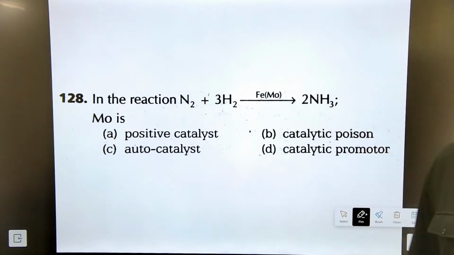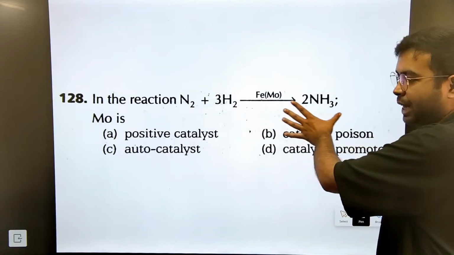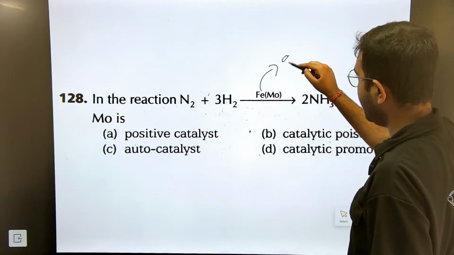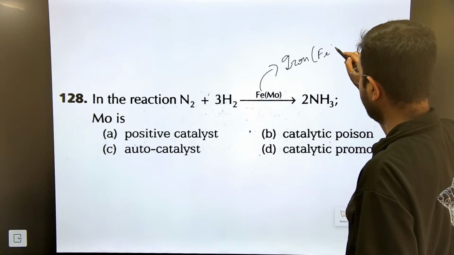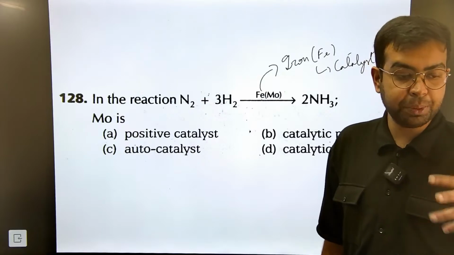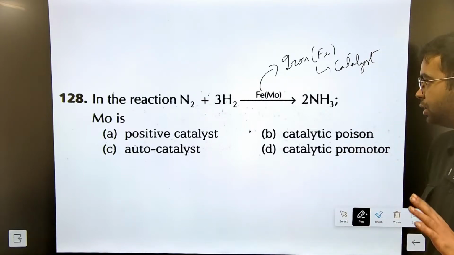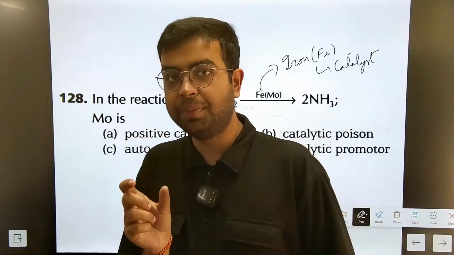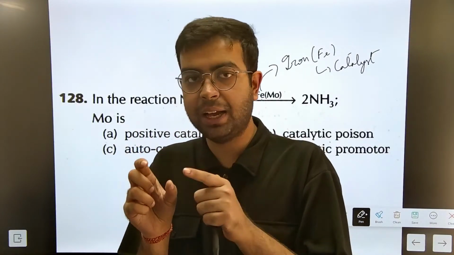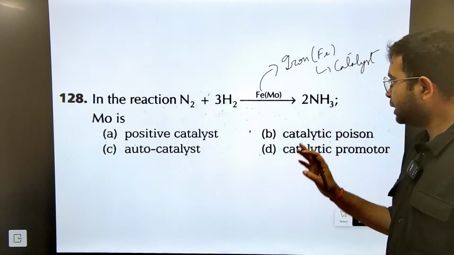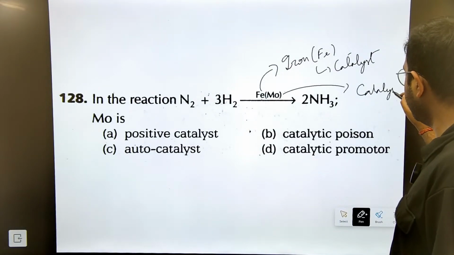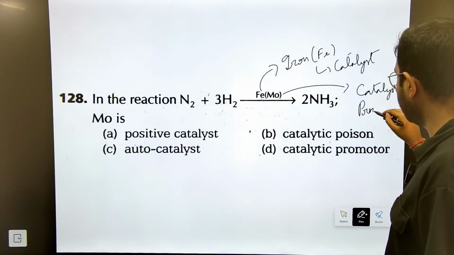देखो अभी अगर कभी भी you get an equation like this and you see that there is a catalyst here. यहाँ पे catalyst कौन है? Catalyst is iron. Fe, iron. It is the catalyst. What does it mean? It is speeding up the speed of the reaction. ठीक है. अगर catalyst के बगल में ब्रैकेट में मोलिब्डेनम लिखा है, या फिर कुछ भी लिखा है, वो ब्रैकेट का चीज is nothing but something known as a catalytic promoter or a catalyst promoter.